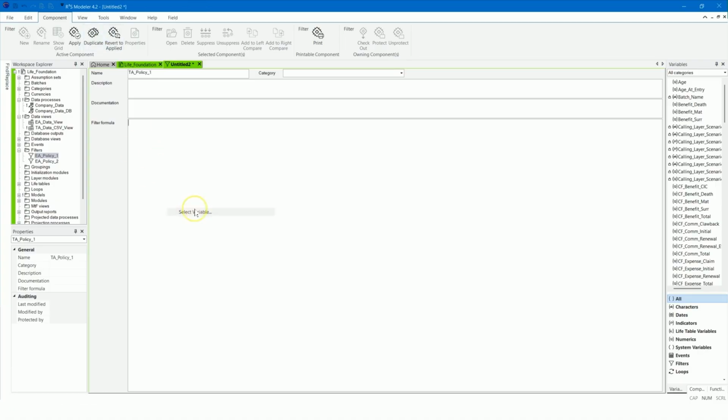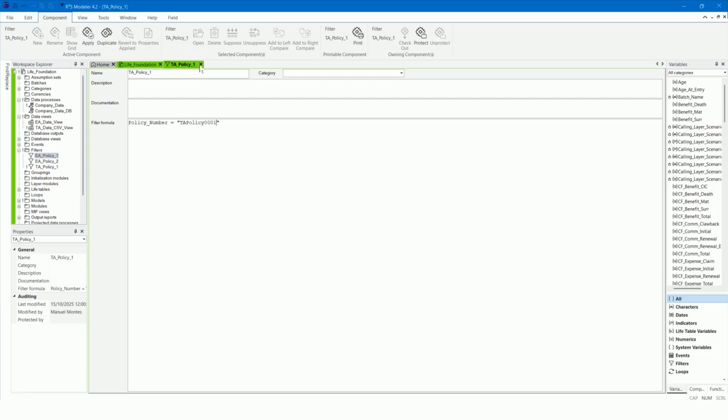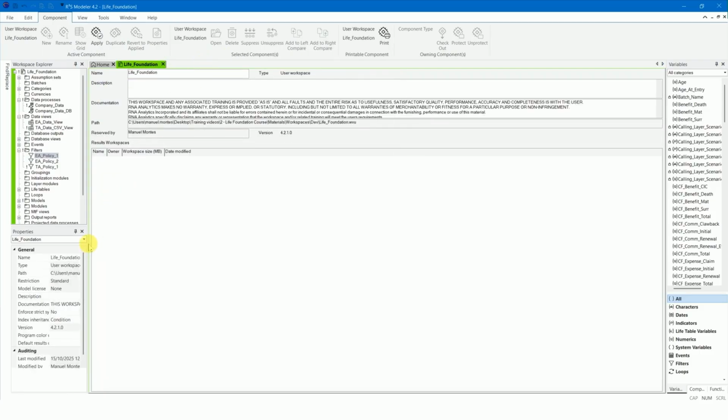Apply the following formula. Duplicate the endowment NP module and call it term_assurance.